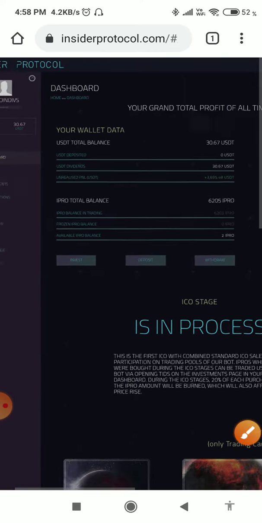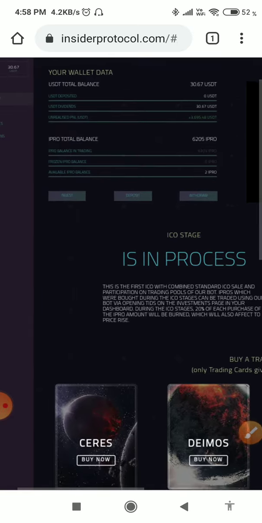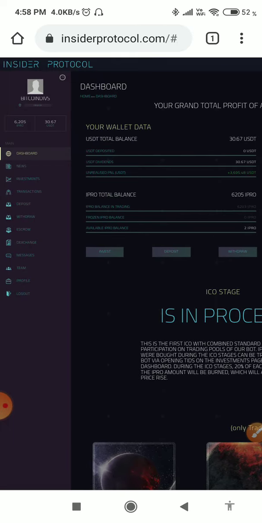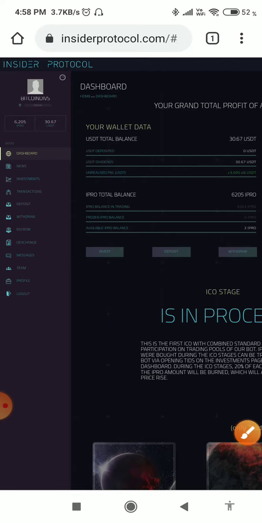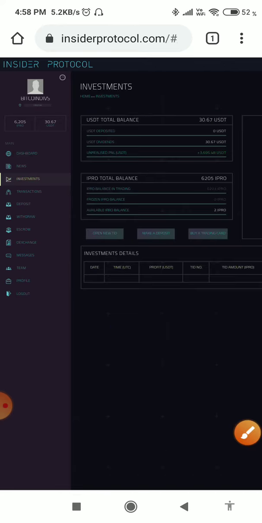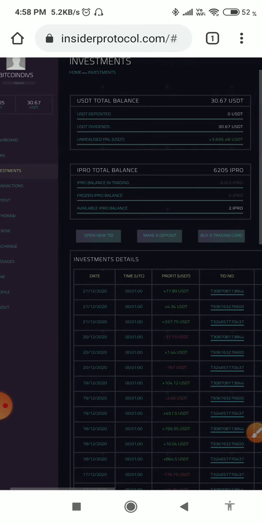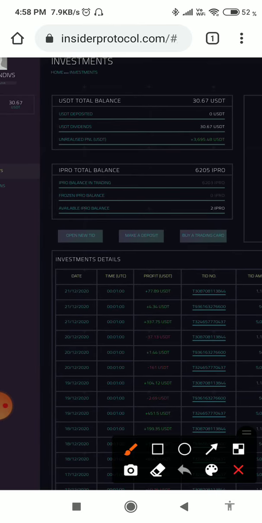Then how to open a new TID? If you want to open a new TID, you have to click on invest here, or else click on investments. I am clicking on invest. When you click on invest, there is an option, open new TID.